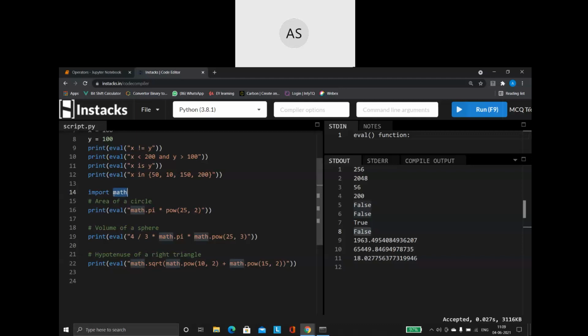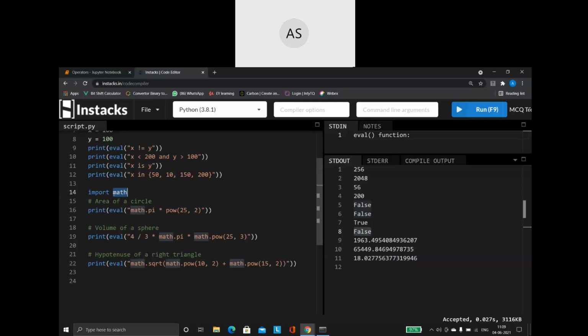What is the purpose of that header file? Header files contain predefined functions. Header files are nothing but files which contain predefined functions, and we want to make use of those predefined functions in our program. Suppose I want to use printf. Printf is a predefined function of the C language, and the printf function is present inside stdio.h. That is why we use #include <stdio.h>, so that we can make use of the predefined functions present in that particular file.